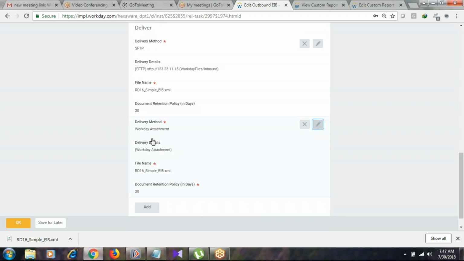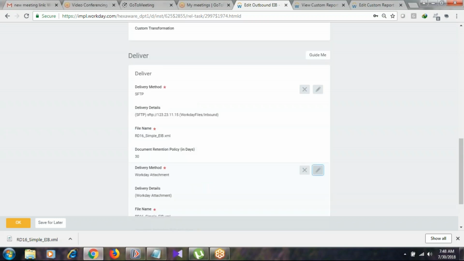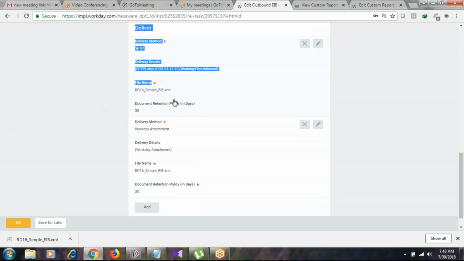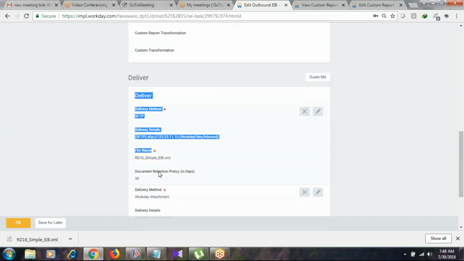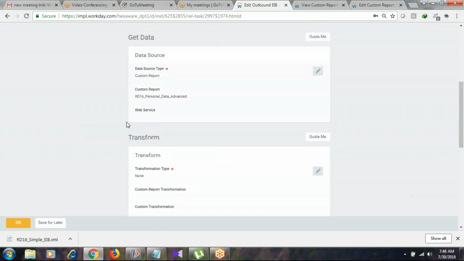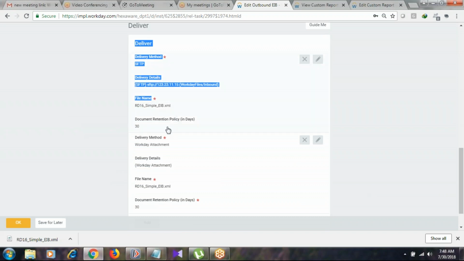It will not send the file to the downstream system or external system. The delivery to the downstream or external system we only configure for the production environment. When I run the same integration in production, only then will it be delivered to the third party system here. So these are the differences between deliveries. Why do we choose multiple deliveries here? To avoid sending sample test files or implementation data to the external or downstream system. We choose multiple delivery options, one for production, one for sandbox and implementation.